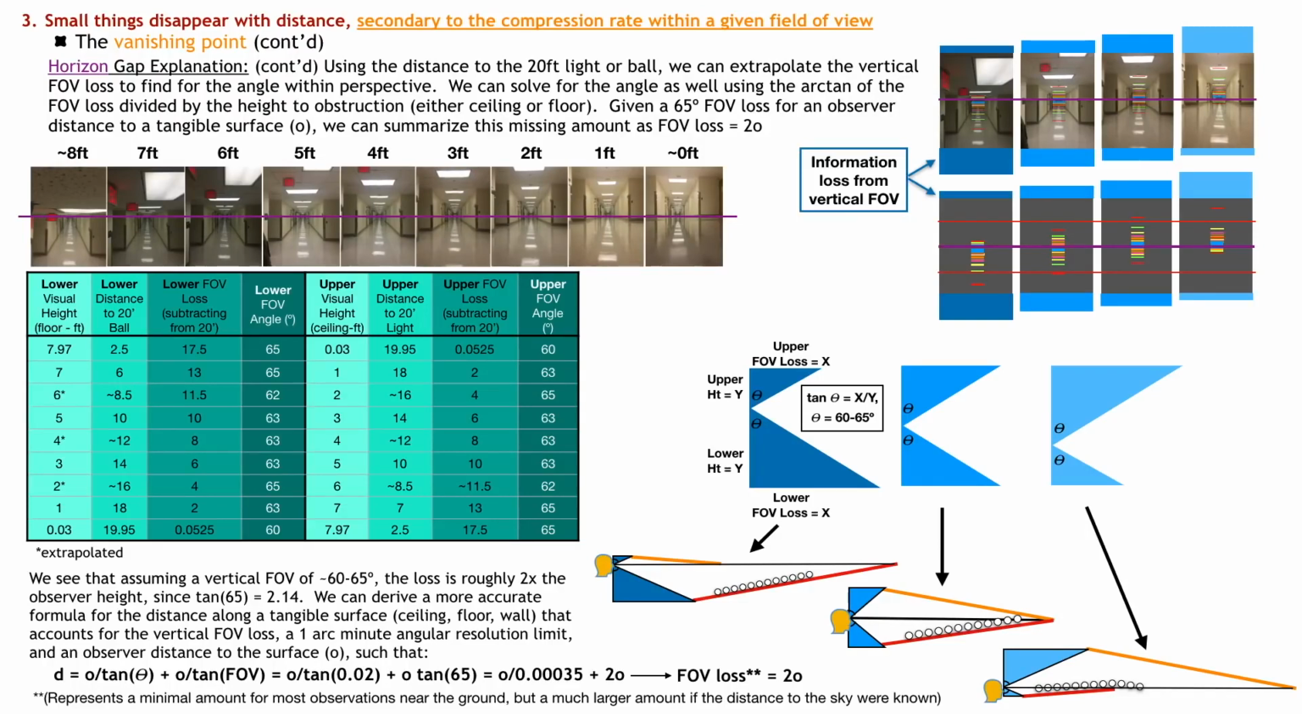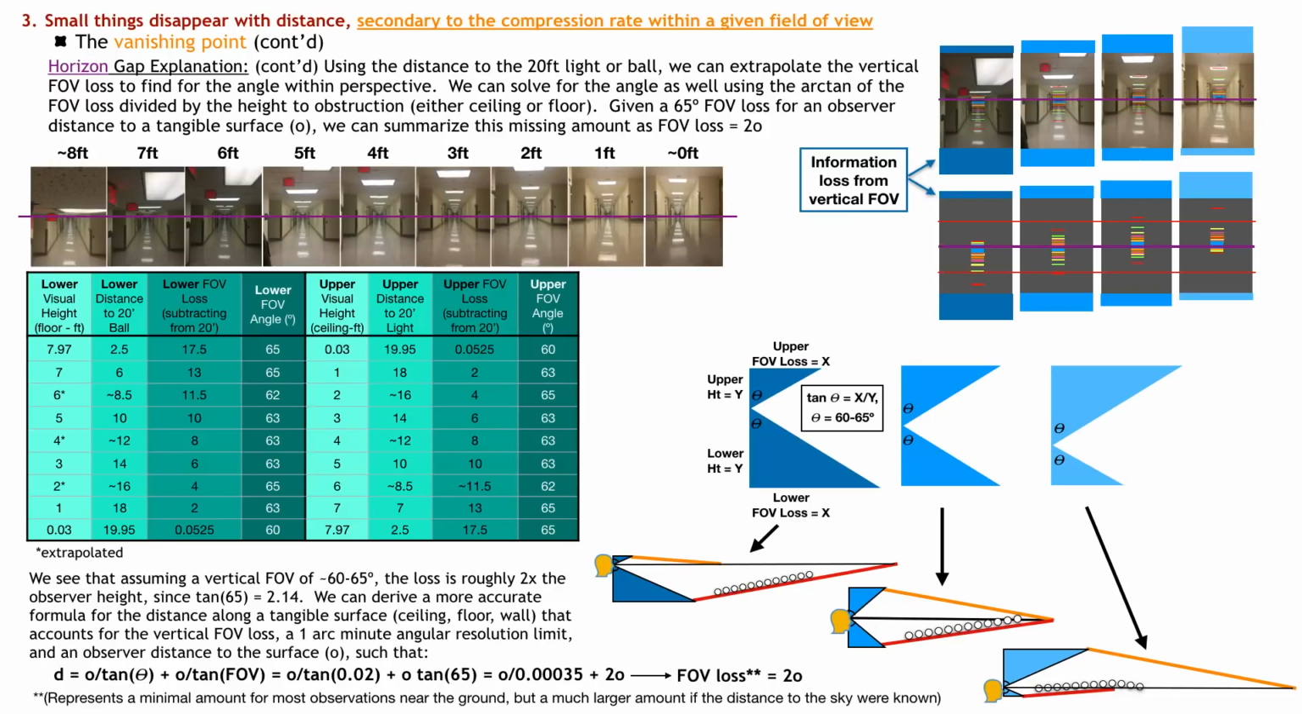So within the table, I'll just try to explain what each of the categories is. The lower visual height just means, what is the lower 50% of vision, the area underneath the purple line, what is that height? And then the area above the purple line is going to be the upper visual height. In other words, the ceiling distance. That's going to be in feet. And then the second column is going to be the lower distance to that first 20-foot ball. In other words, how much within that